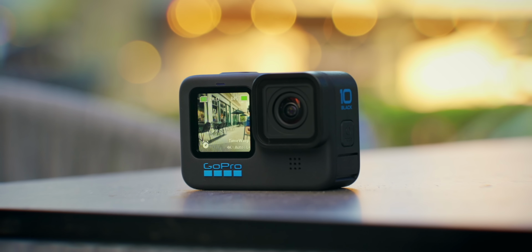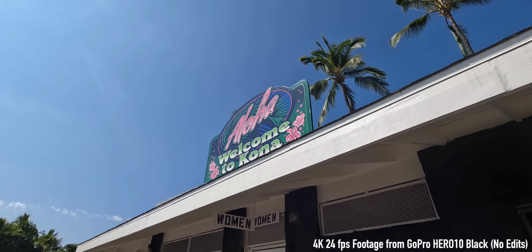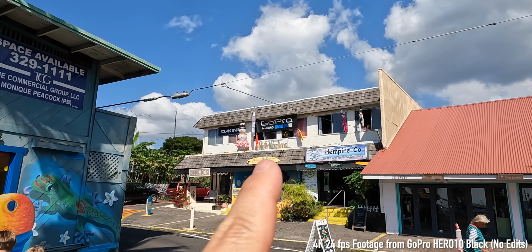latest GoPro Hero 10. I'm actually glad I waited to try this out because there have been some software updates to make things better, like longer recording times, and it's been a while since I've used a GoPro. So I took this on a recent trip to Hawaii, and it was great to have something this compact to